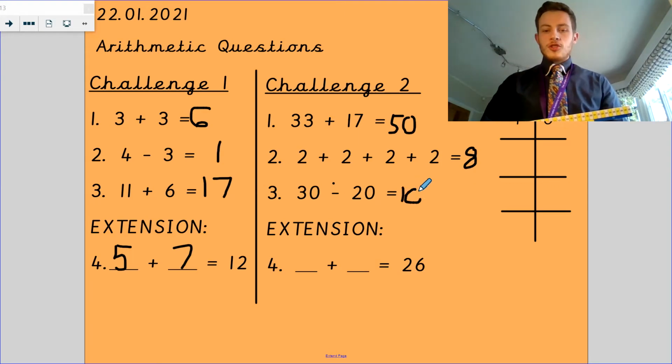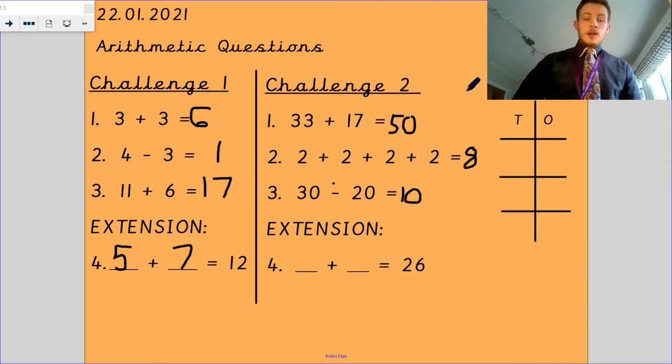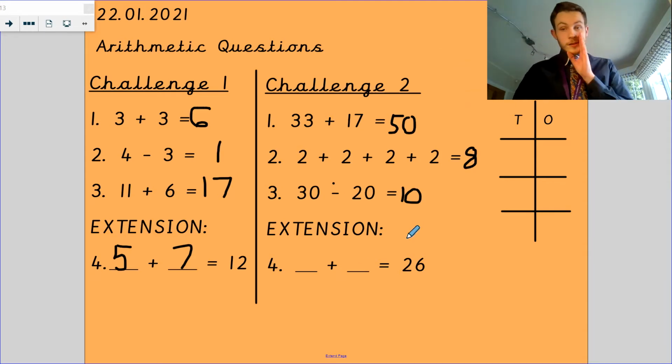There's another way you could do it, and your other way is you know that 20 is in your 10 times table, so you go 10, 20. So it's just like counting back in 10. So you go 30, you take away 10, take away another 10, and you're going to end up with 10 left. It's a little bit like, well, you want a bit of a secret here. We know our related facts. So if 30 take away 20 is 10, it means that 3 take away...